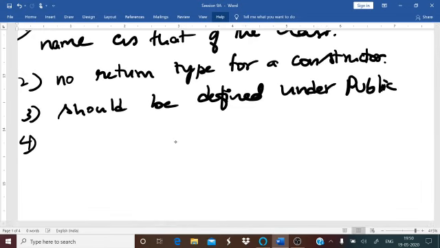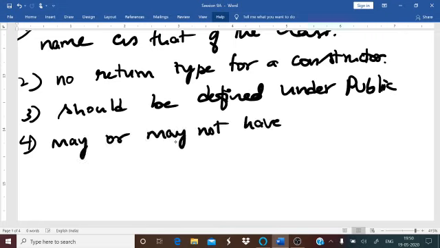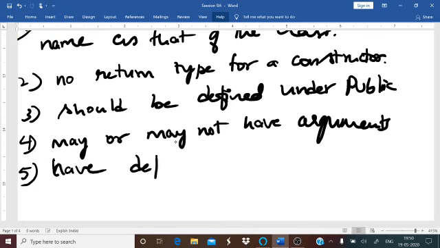And the next point, it may or it may not have arguments, that is values. You may send values or you may not send values. Then it can have default arguments, that is, the beginning itself, whatever you are going to give. If you do not mention anything, there are certain values which will be taken.